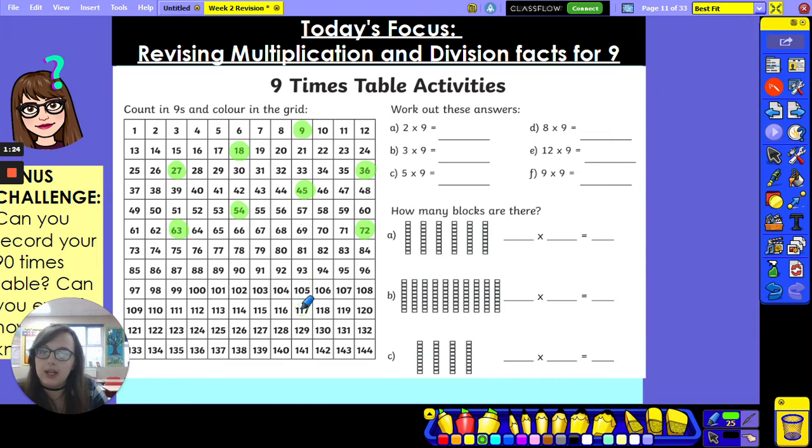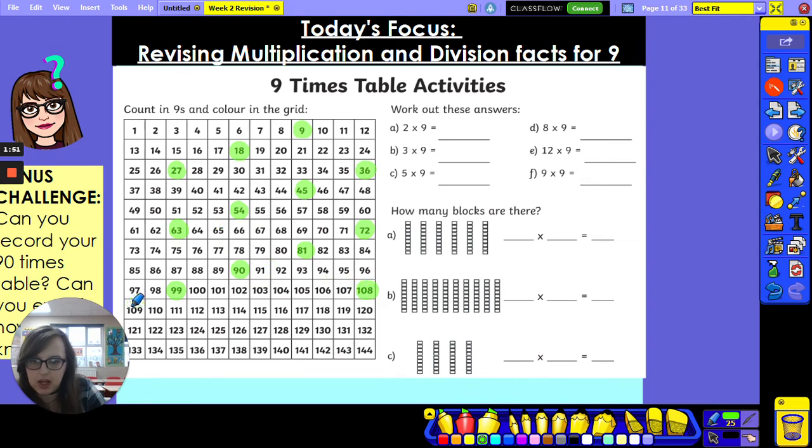You can see, unlike yesterday, there's less of a pattern forming, a less obvious pattern, but there is still a pattern here. After 72, I would get to 81. Then we would get to 90, then I would get to 99, then 108. And if I wanted to keep going, which I could do, the next number I'm going to get to is